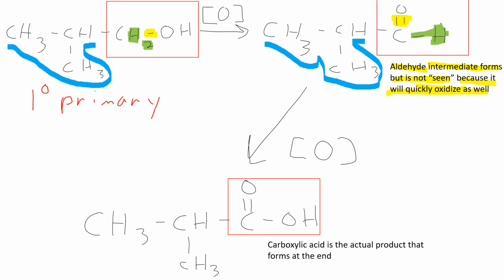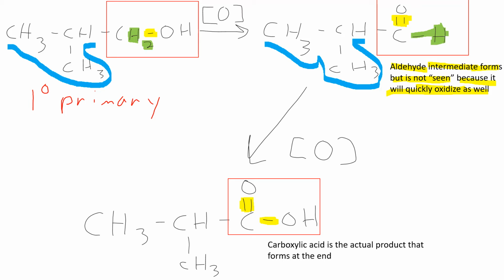We should see an increase in the number of carbon-oxygen bonds. Well, I already have two. I'm highlighting yellow. I can't add a third bond between that carbon and that oxygen because oxygen can only have two bonds, but I'm introducing a new oxygen. So I still have three bonds between carbon and oxygens. I increase the number of carbon-oxygen bonds.